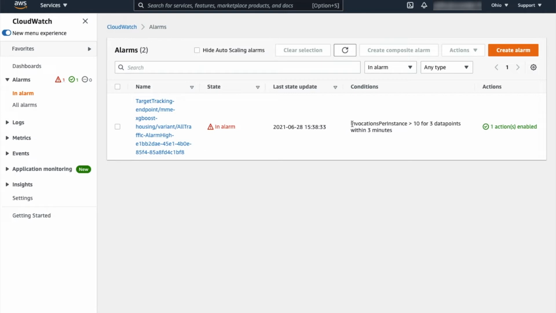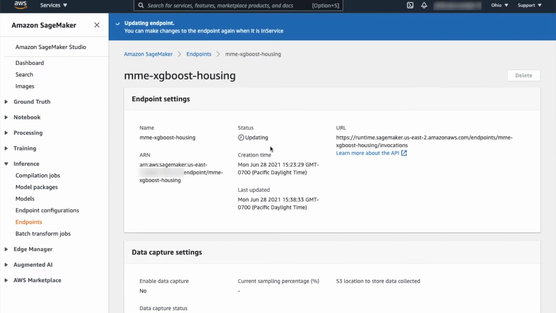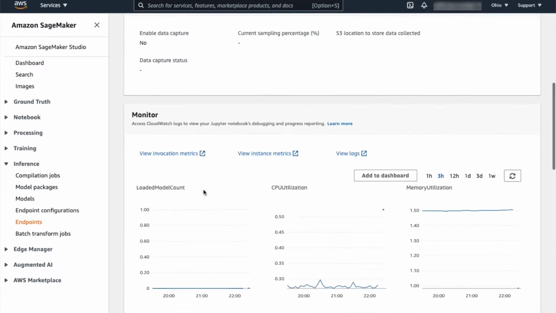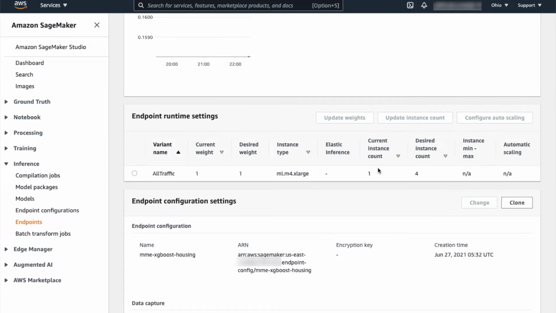And that alarm is mentioning that there's more than 10 invocations per instance detected per minute, and as a result an auto-scaling event has kicked off. And you can see that also that the endpoint is now in an updating status. So if you scroll down and have a look, the desired instance count has now gone up to 4, but the current instance count is still 1. That's because the endpoint is still updating at the moment.